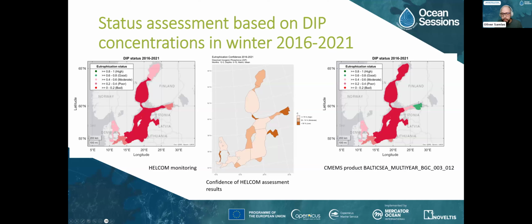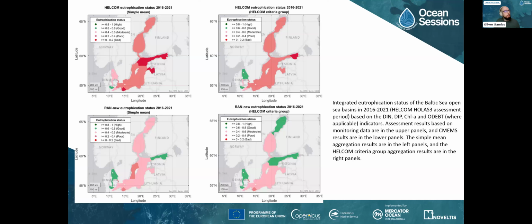where it underestimates the values, and positive, which is the case in the Bothnian Bay, where it overestimates the values. And as I mentioned before, the further away you move from the central basins, the harder it becomes for the model. And now we also did the integrated eutrophication status assessment,